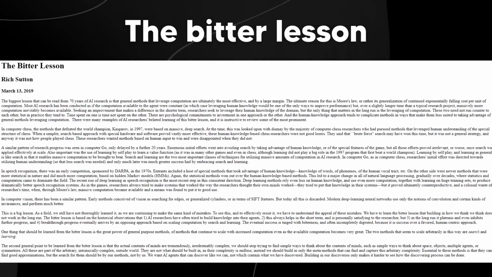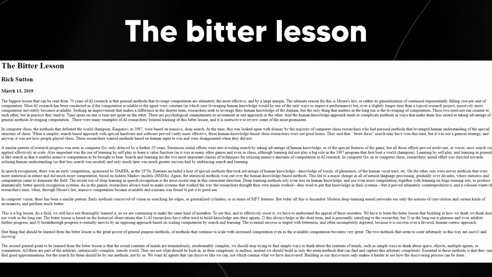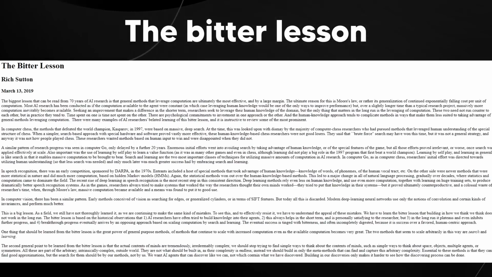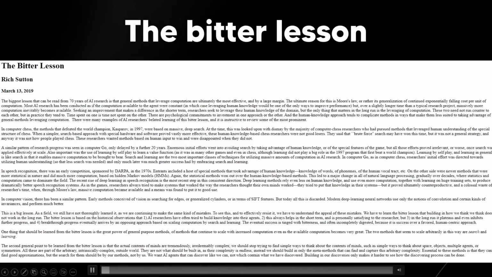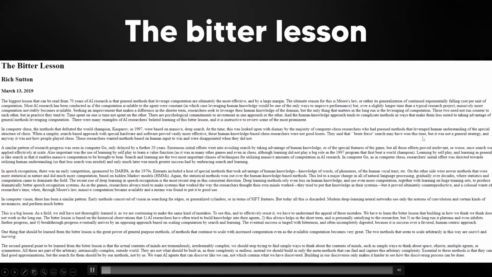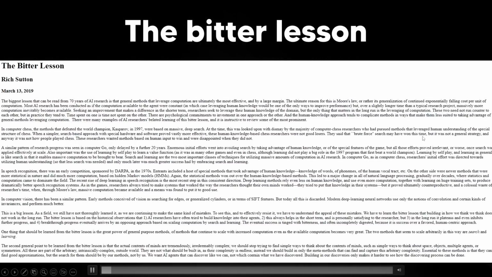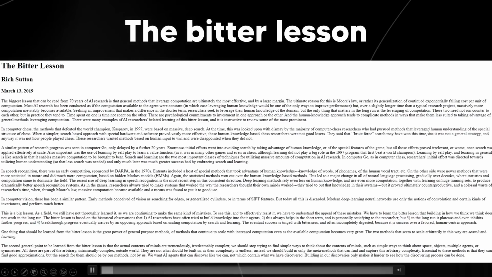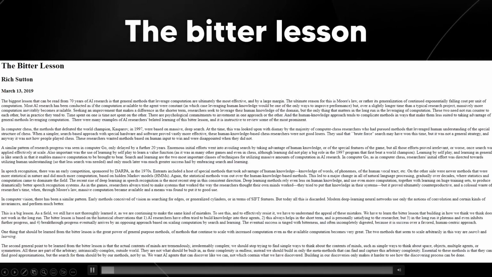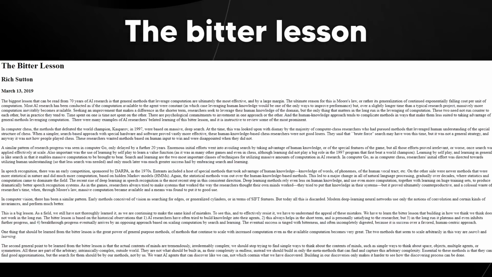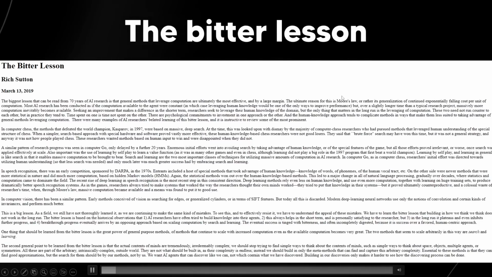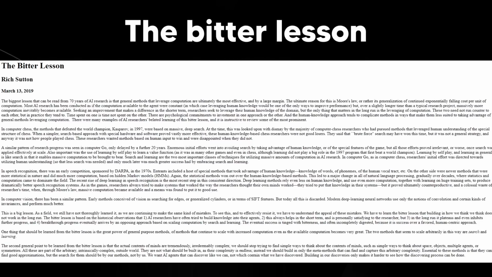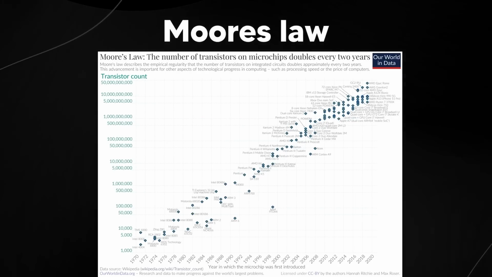So the bitter lesson essentially is that the most effective AI methods are those that use a lot of computation rather than relying heavily on human knowledge. And essentially, there's the influence of Moore's law, and the lesson is driven by the fact that the continuously decreasing cost of computation allows for more powerful AI over time. Researchers often focus on short-term improvements using human knowledge, but long-term progress is more about leveraging computation rather than focusing on what humans know and can do.